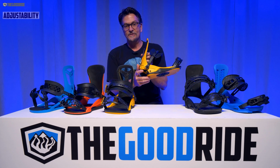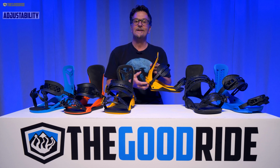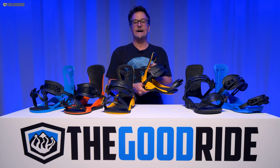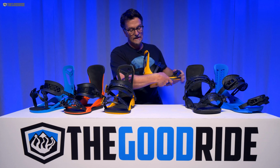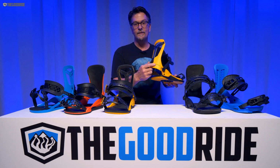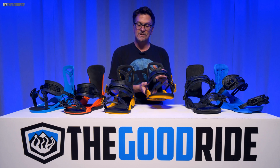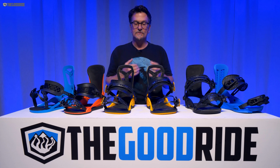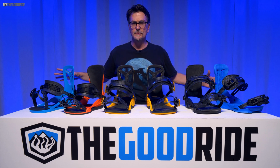And now you don't have to worry about using the heel loop, which is more for sizing the boot to your binding as opposed to rotating the high back. What I would have to do before is pull out one side a little more, put one side in a little more, so you get that high back rotation, but it also compromised the ability to fit the boot. So I love that you can do both now, like you can with all the other Union bindings,